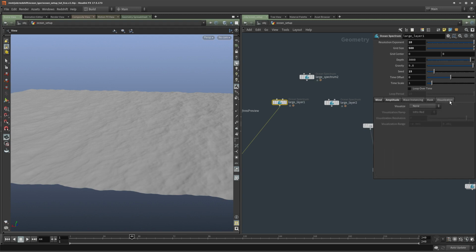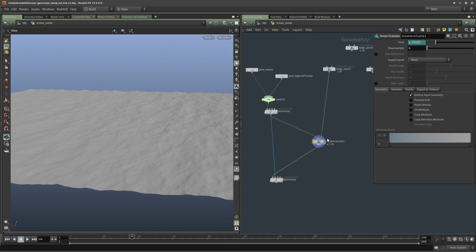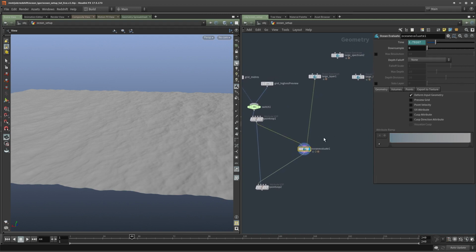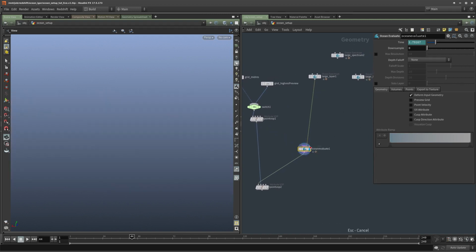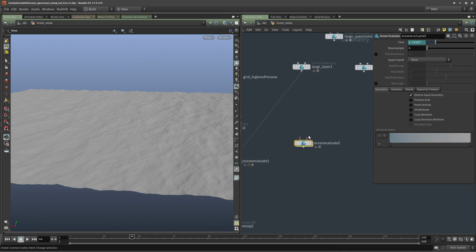So if we go under the ROP output node, we don't have to have, let's do a new node. So let's create an ocean evaluate. This does more than deforming the surface really. So here I'm going to provide the spectrum, and I'm going to go under the export to attribute,